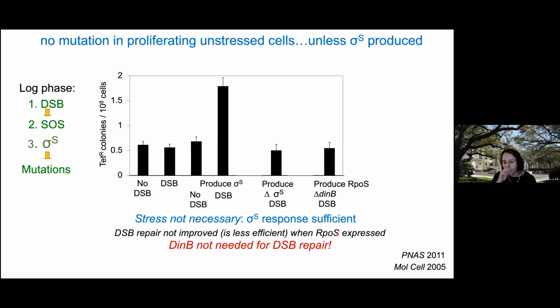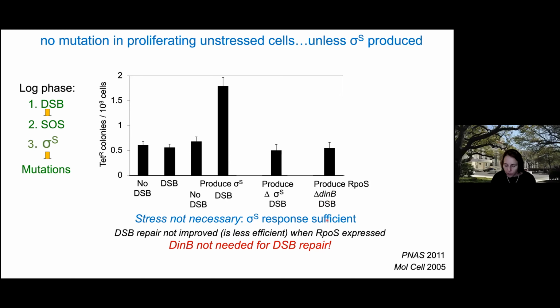And in experiments that he did, and Becky did some similar ones, he showed this amazing thing that you don't actually need to do this. You don't need to use sigma S or have this error-prone DNA polymerase to repair a double-strand break. And by that, I mean you can cut the DNA with a restriction enzyme and it's repaired while the cells live. And the frequency of them living is no higher if they have the error-prone polymerase. And in one experiment, it was actually lower. What that means is that cells are not doing this because they need to repair double-strand breaks. They can repair double-strand breaks very well without this.